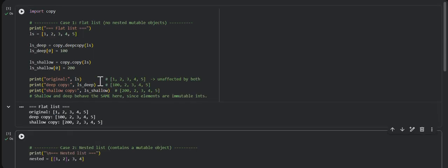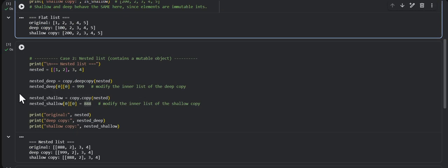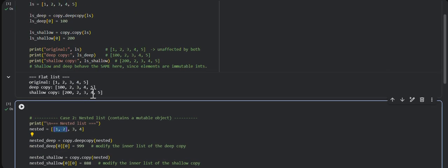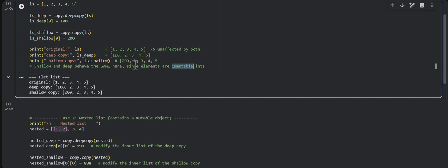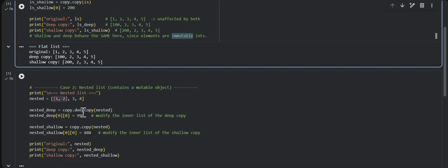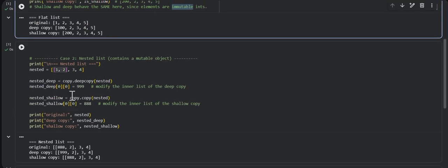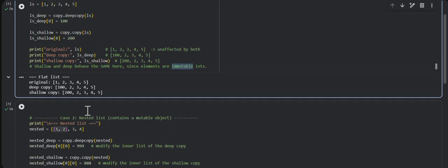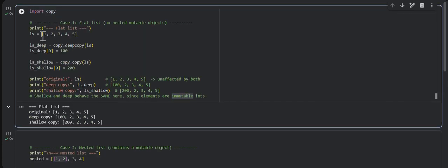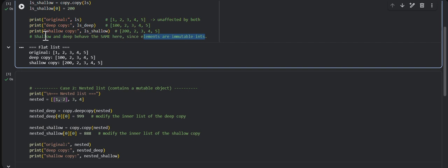In the flat list, this behavior was not happening, but in a nested list it will happen, because a list is a mutable type, and an integer is immutable. That's why this doesn't work here, but it works in nested objects. I hope you have gained something. This was something I missed in one of my interviews. On a flat list, changing a particular index does not change the value in the original list, only because integers are immutable objects. So an immutable object does not get changed, but for mutable objects